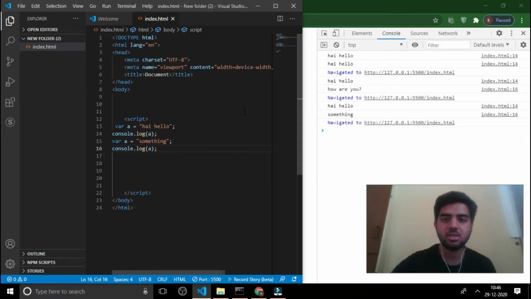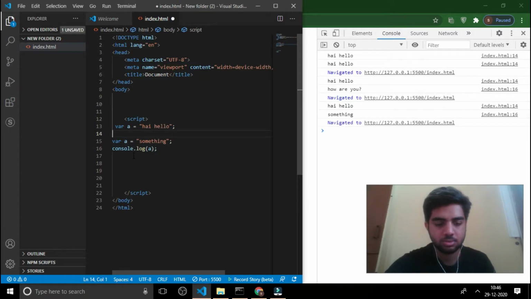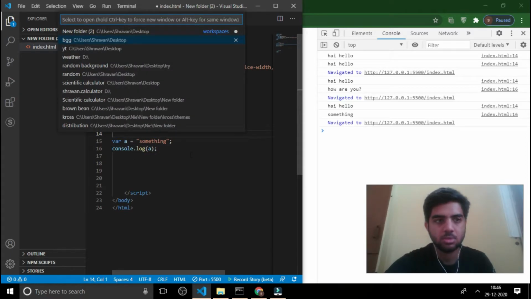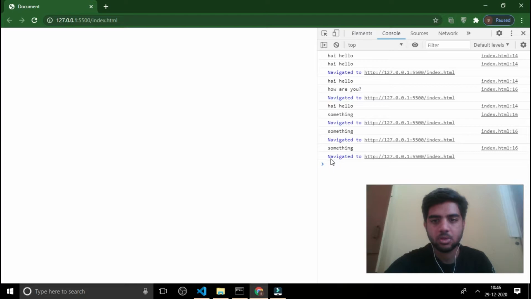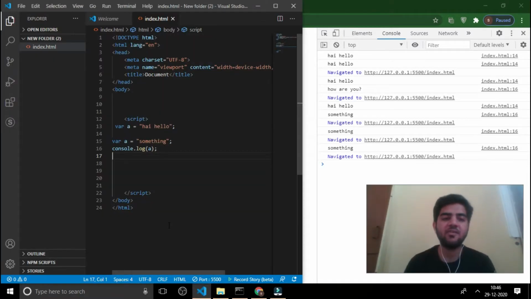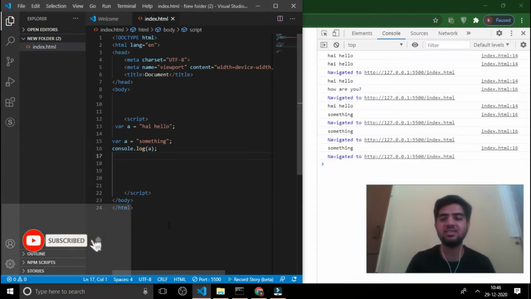See here, if we take this console.log, sorry, you can see that only something is present in the console. What is happening here? var a has been assigned the string hi hello in the first line of code inside a script tag.